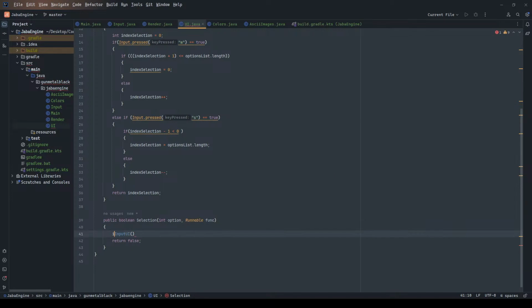And let's say int selection. Beautiful, beautiful. And then here we can say int selection, what do I want to throw in this guy? So selection should